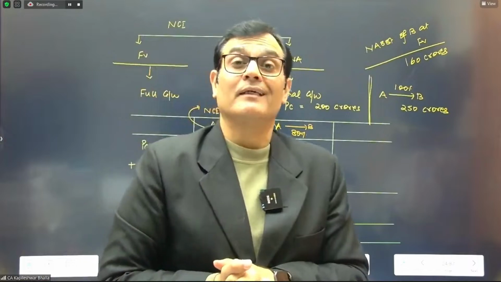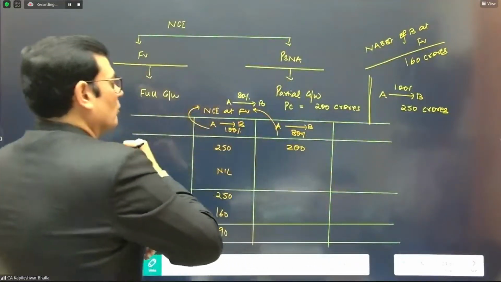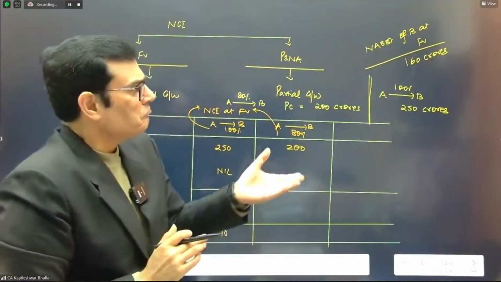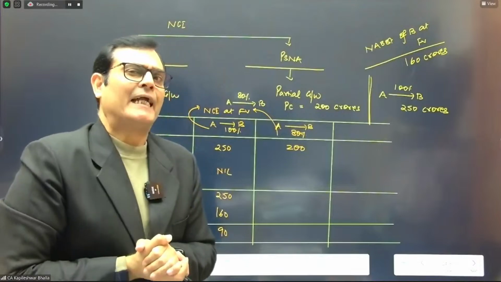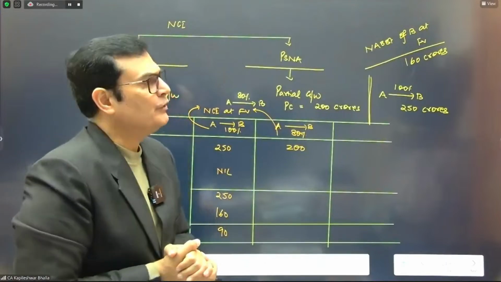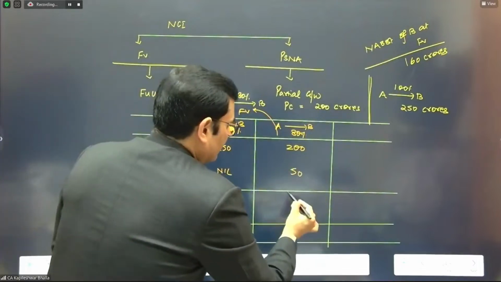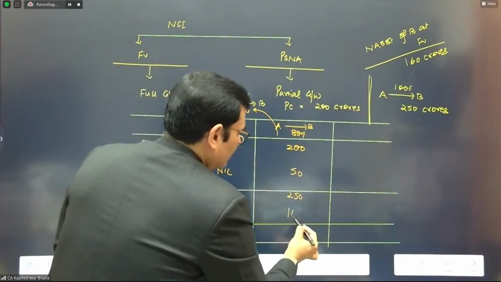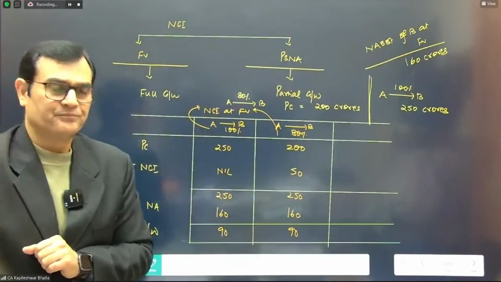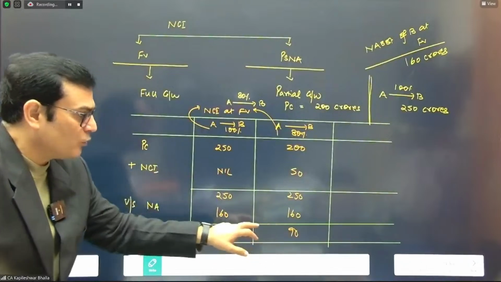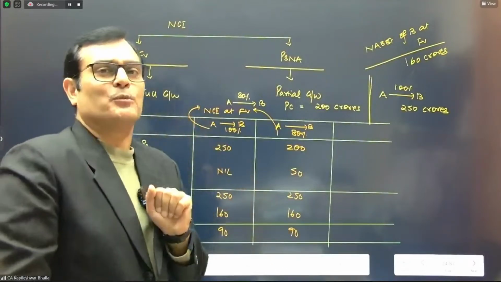Now let's go to the next one. A got an 80% stake. So he paid a PC 200 crores. What is the NCI? Well, I think if the total business value is 250 crores and 20% belongs to the NCI, so 250 into 20% is 50. And this works out at 250 and this is 160 and the goodwill is 90. Can you see that the goodwill is 90 in both the cases, whether it is 100% or whether it is